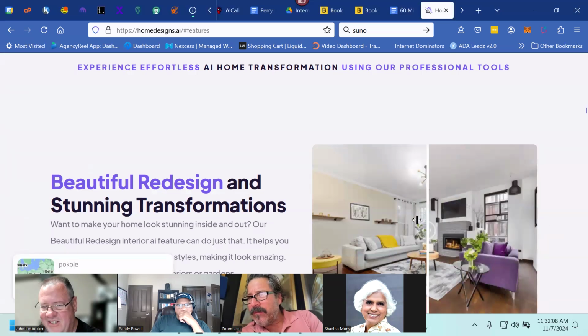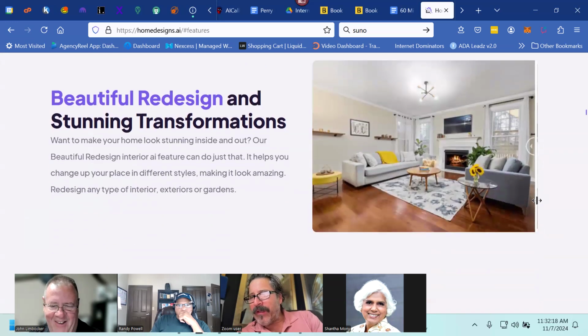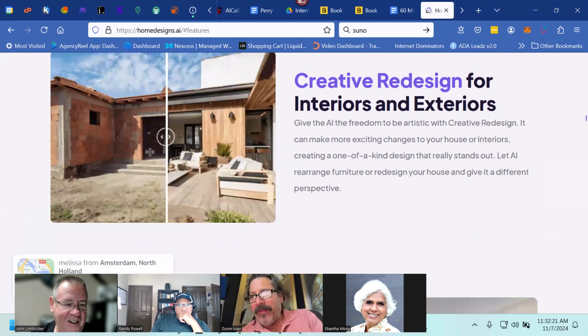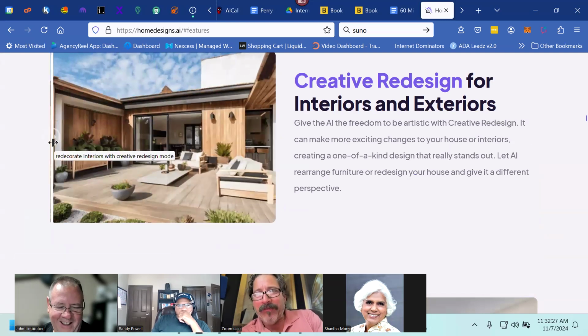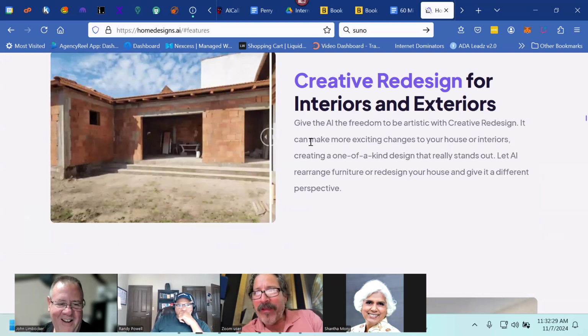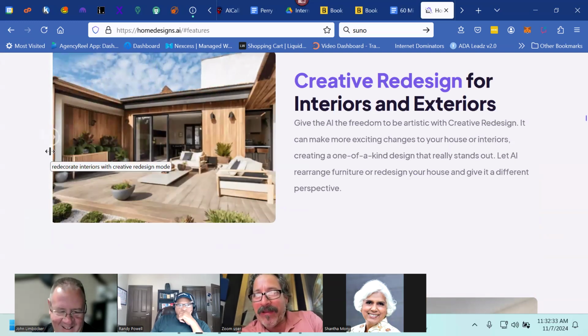you can change it. It's the same room, but you can show your customers before and after just by changing the image. Wow, that's super cool. Thank you for that. Here you go, right here. Oh man, there it is. John, you're amazing. That's awesome. So it took it from a raw, almost like still framing, and it finished the siding and it put the windows in and the decking. That's crazy.